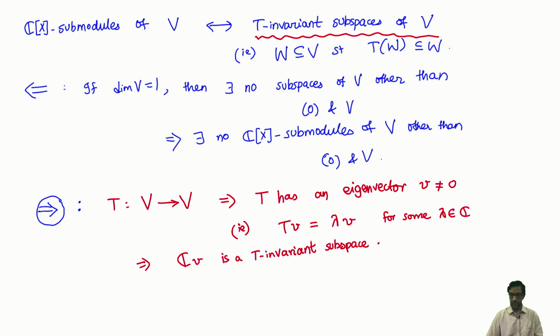But the given hypothesis says that there are no T invariant subspaces other than 0 and the whole, but we have clearly constructed at least one T invariant subspace here. This is not the 0 space, so the only thing it can be is the whole. This implies that CV had better be the whole space. Why? Since V is given to be a simple C[X] module. This is the given hypothesis. And now you're done, because you've shown that V is just the span of a single vector, which means its dimension is exactly 1. So that's the end of this proof.